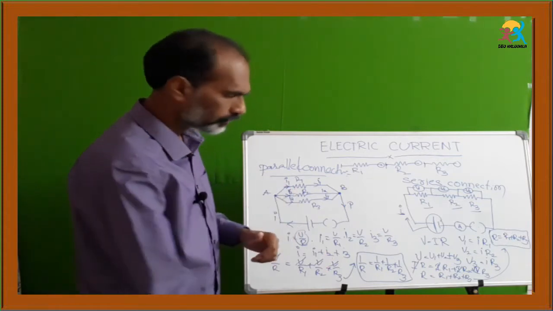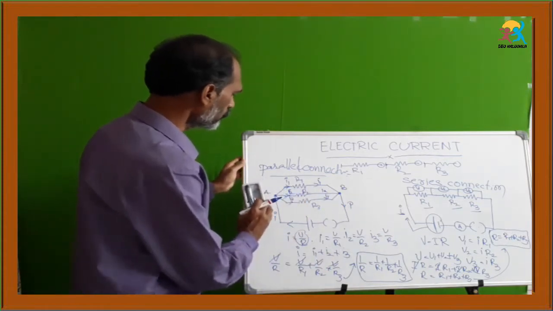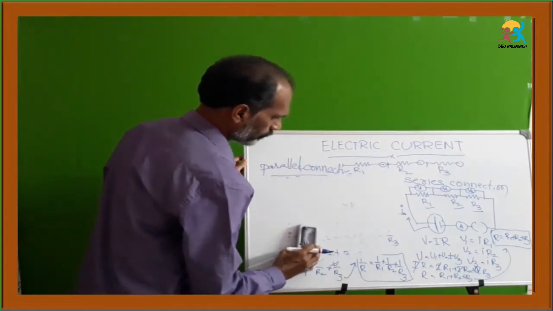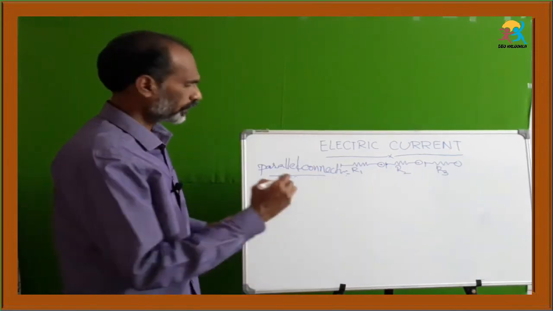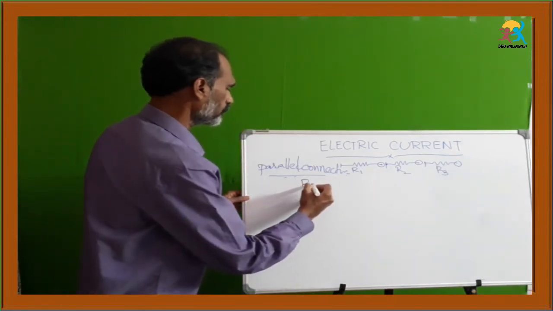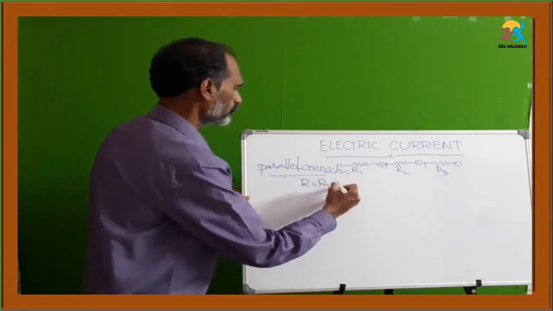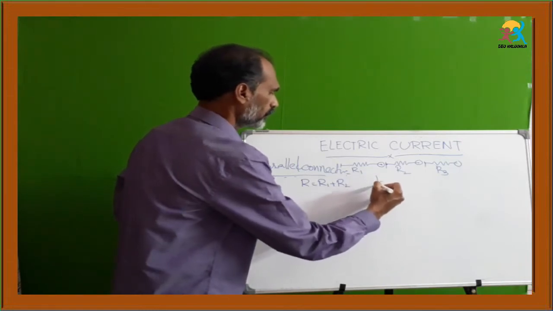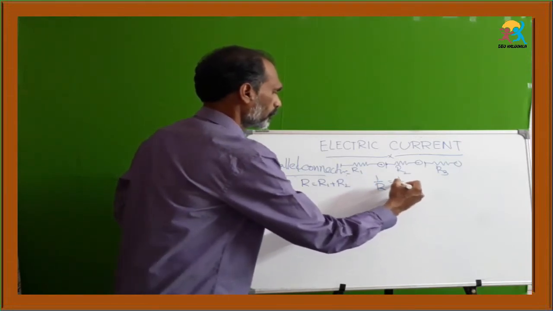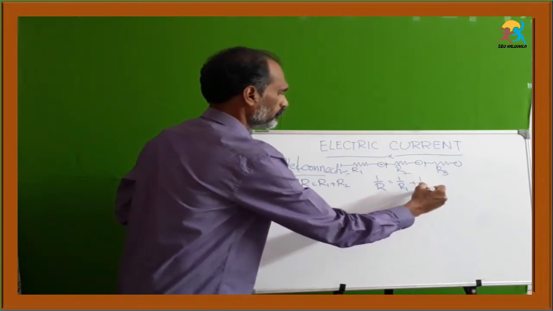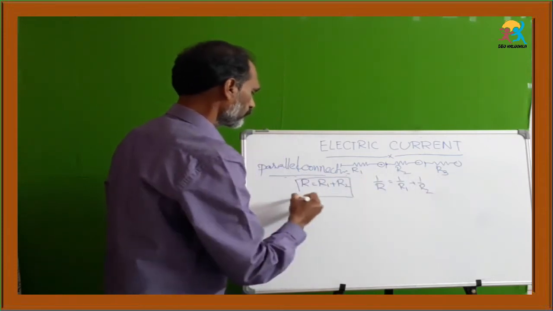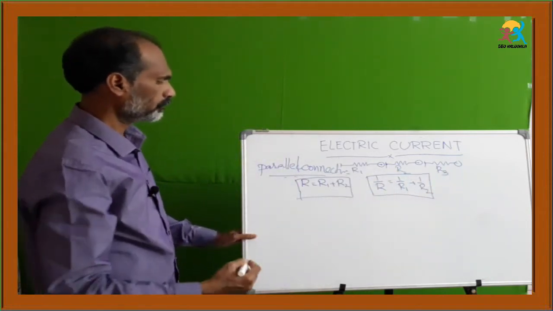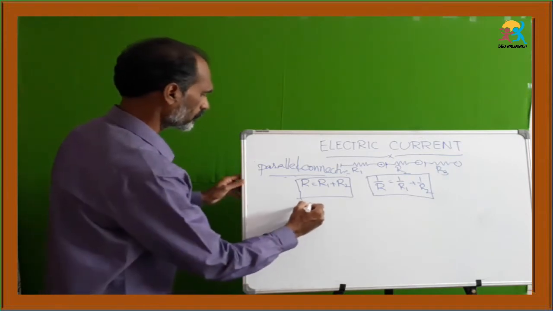Now we will solve one simple problem using these formulas. So finally, if the resistances are connected in series, R equals R1 plus R2. If the same resistances are in a parallel connection, 1 by R equals 1 by R1 plus 1 by R2. By using these formulas, we can find the equivalent resistance in a conductor. Now we'll solve one problem. For example, the resistances are connected in this way.